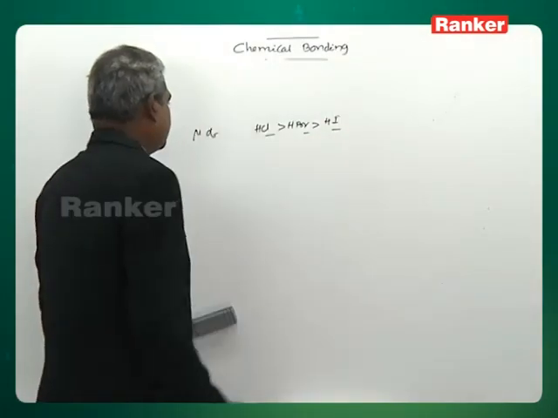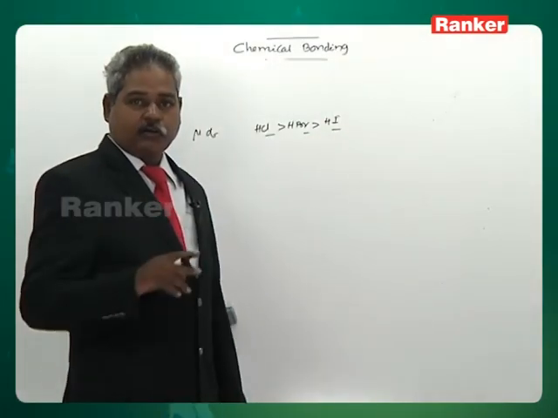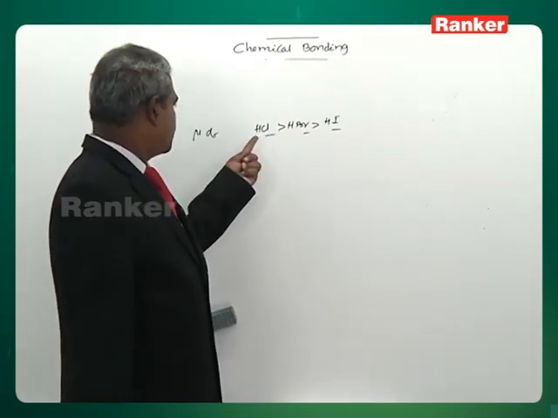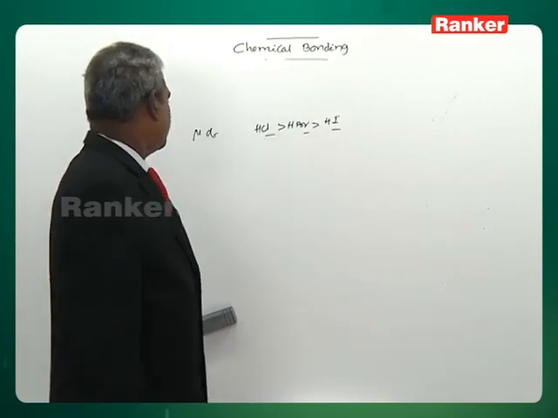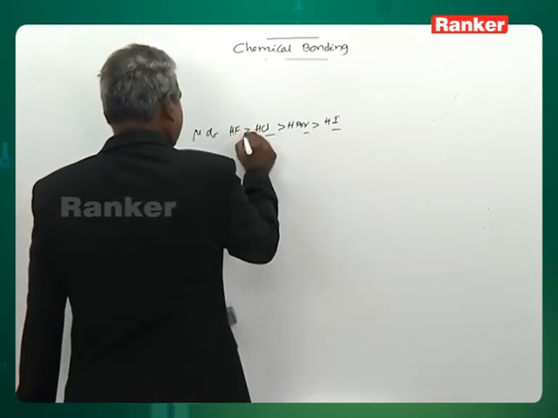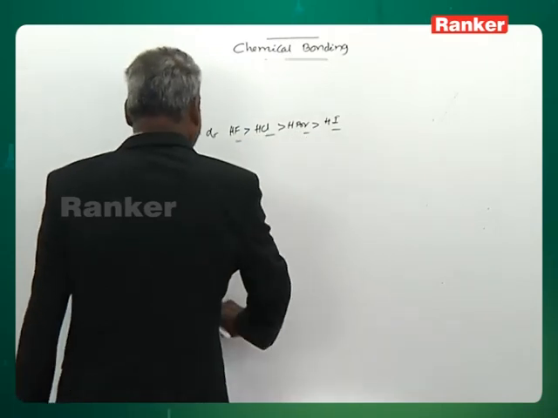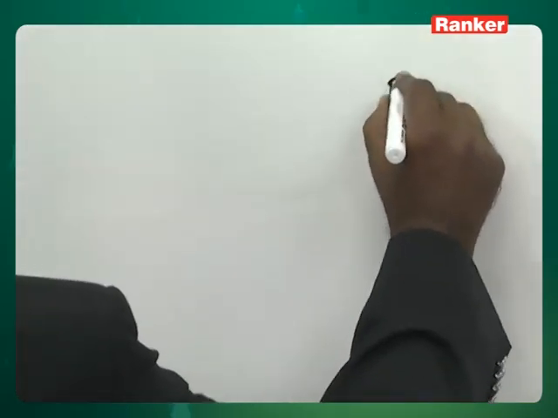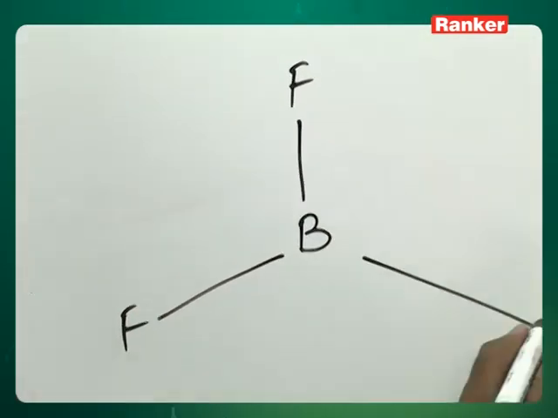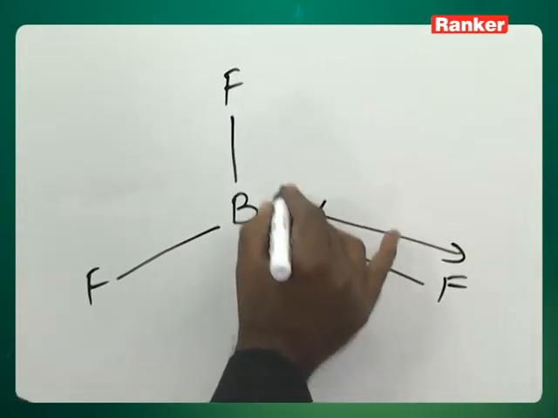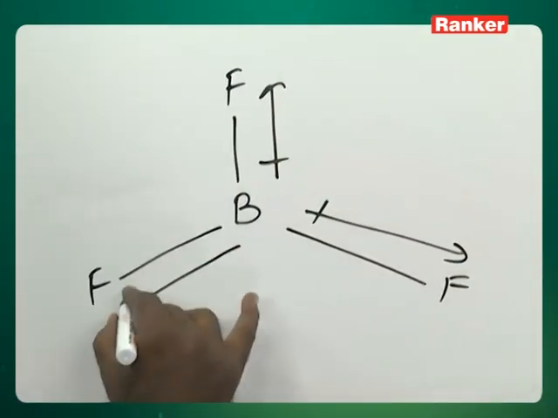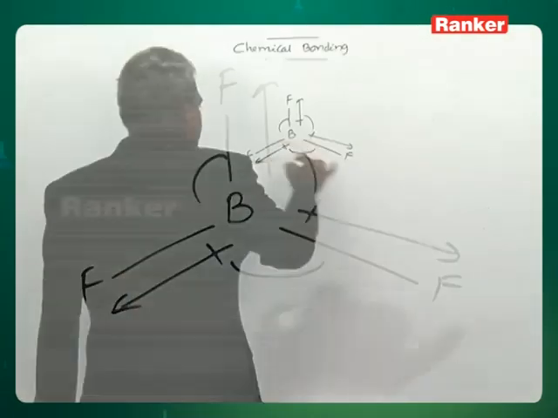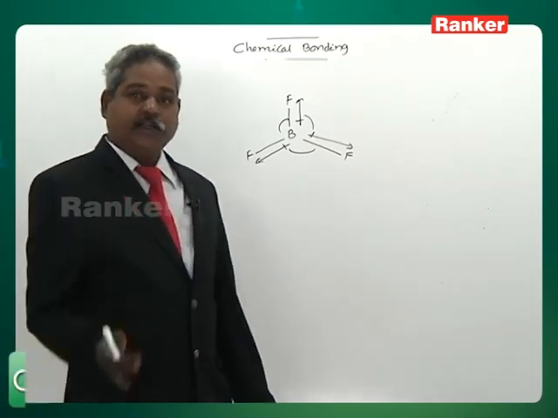Greater the electronegativity difference, greater the dipole moment. Chlorine is more electronegative, therefore it holds the electrons more closely towards itself, giving a greater dipole. HF is greater than HCl, like that. So you can easily compare bonds. Boron trifluoride. Once again, the bonds are polar. The boron fluorine bond is highly polar, but because it is a symmetric, planar molecule, the net dipole moment